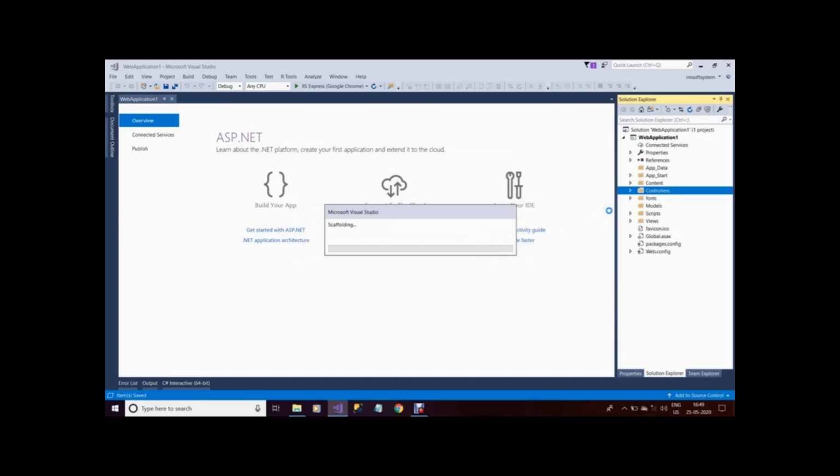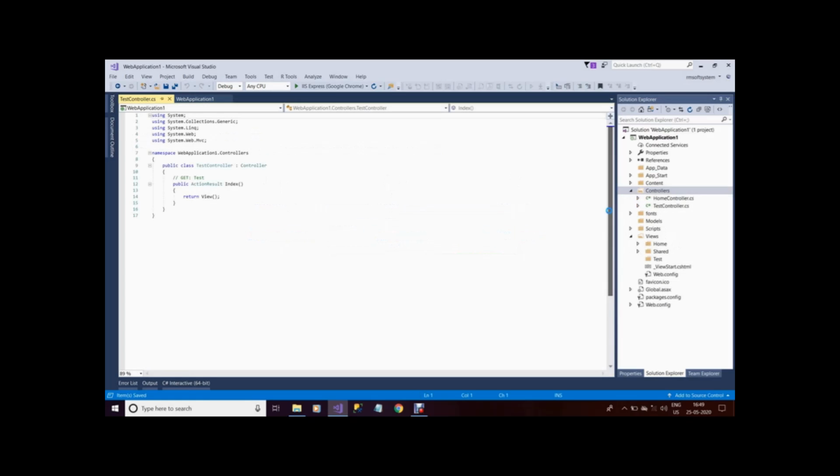The controller name must be suffixed with Controller. It will create a new class called TestController. And you will find a method inside it called Index. Remove that and add a new public method called GetString.